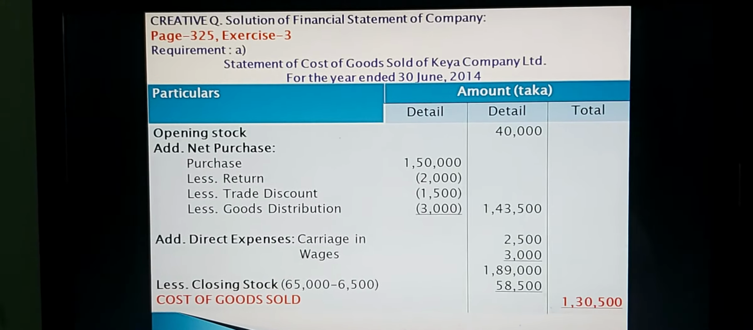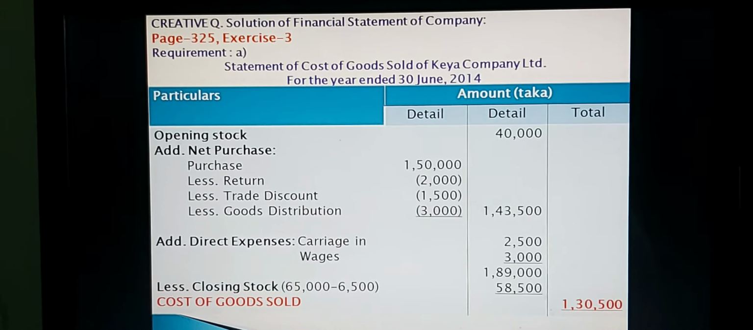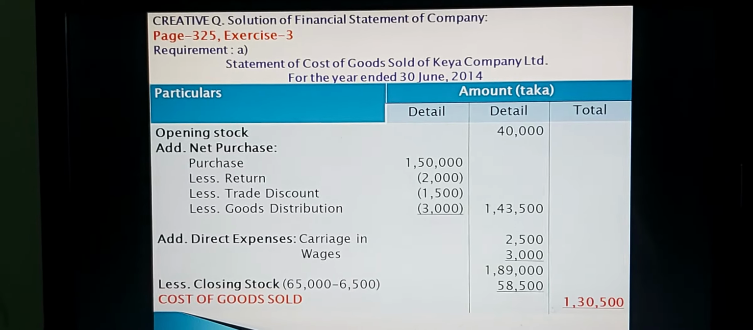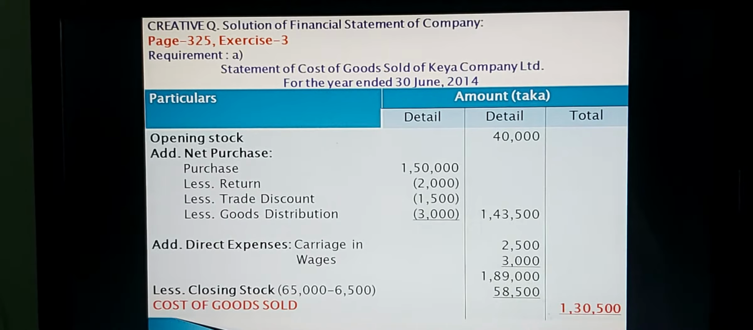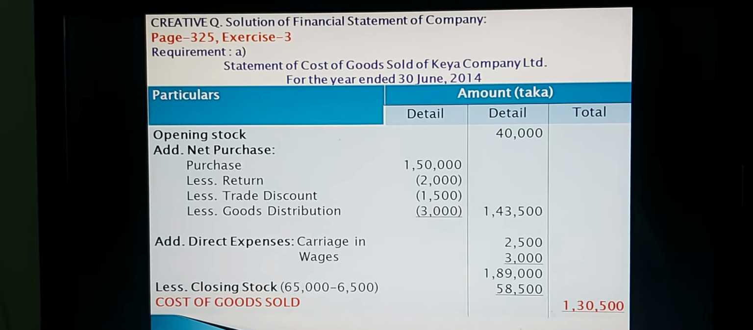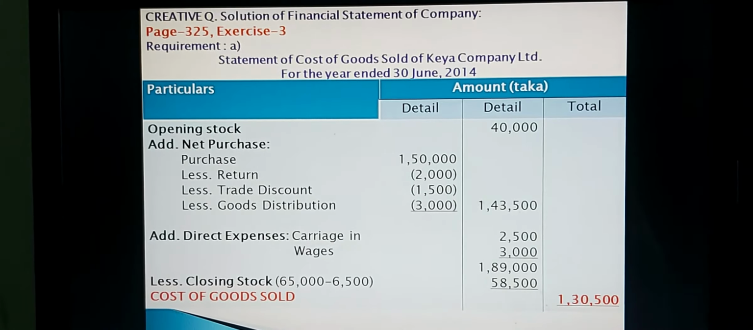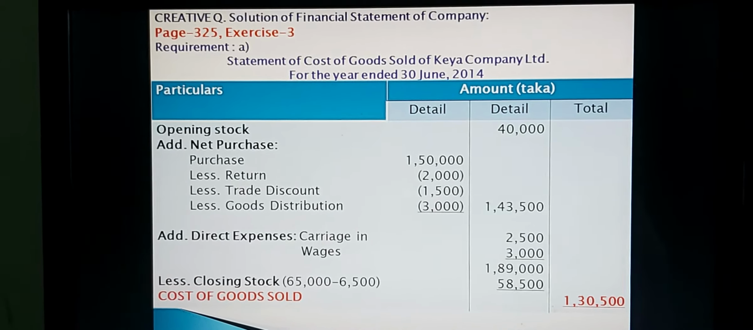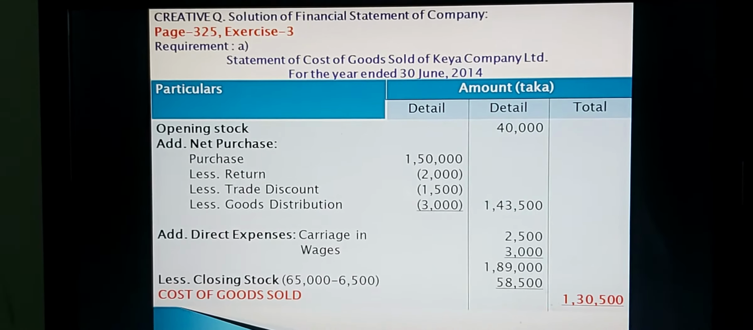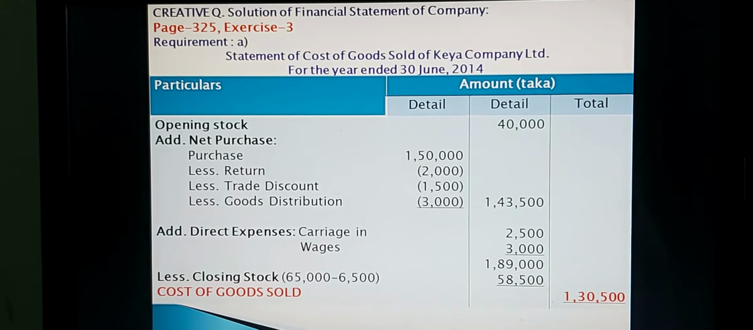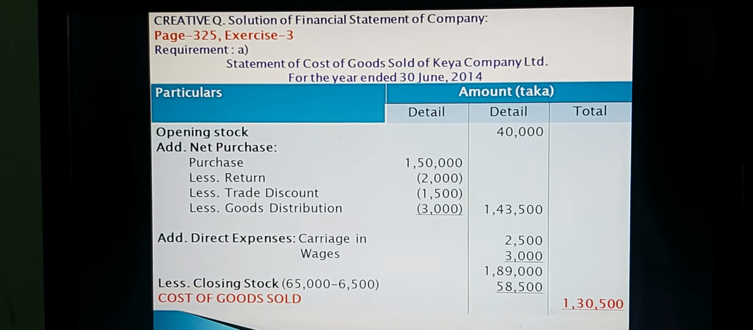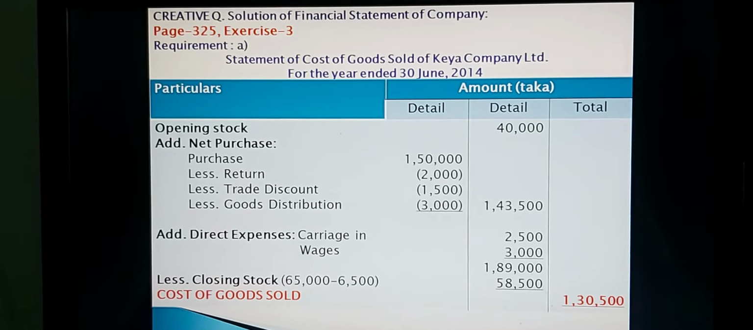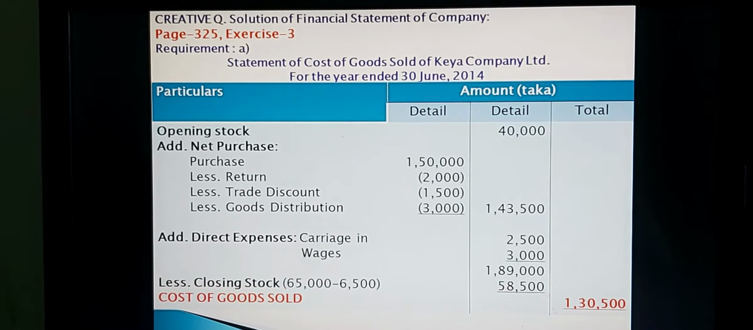The first item of cost of goods sold in this math, opening stock Taka 40,000 from the trial balance. Then add net purchase. How to find out the net purchase? In this math, purchase amount is Taka 1,50,000 from the trial balance. You have to write in the first column. Then you can deduct the purchase return amount of 2,000, and then you can deduct